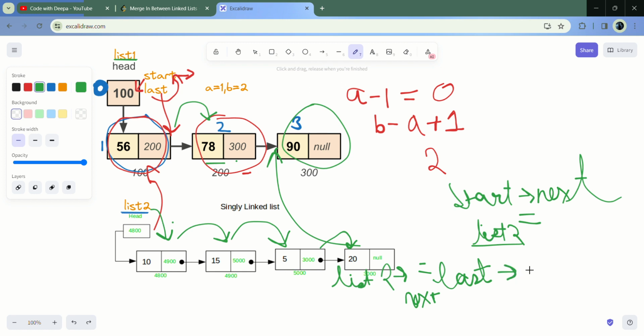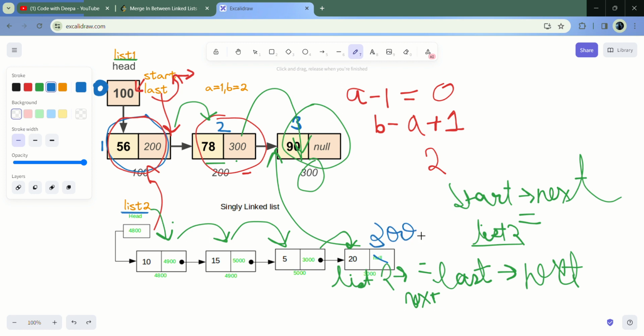Okay, so last's next we will give here. Okay, which means this is my last node and its next will be this pointer. So 300 will get stored in my list 2's next. So here what will be stored in place of null, here will be stored 300. Okay,